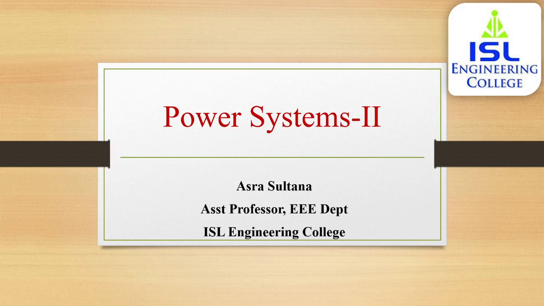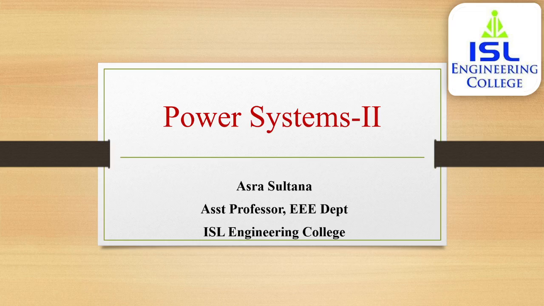So most of the faults on power system lead to a short circuit condition. Whenever a short circuit condition occurs on a power system, heavy current, that is short circuit current, will flow through the equipment and it will cause damage to the equipment and interruption of the service to the consumers. So the choice of apparatus and design and arrangement of practically every equipment in the power system depends upon the short circuit current consideration. Okay, so what is the maximum short circuit current? According to that, the apparatus will be designed and arranged in such a way.